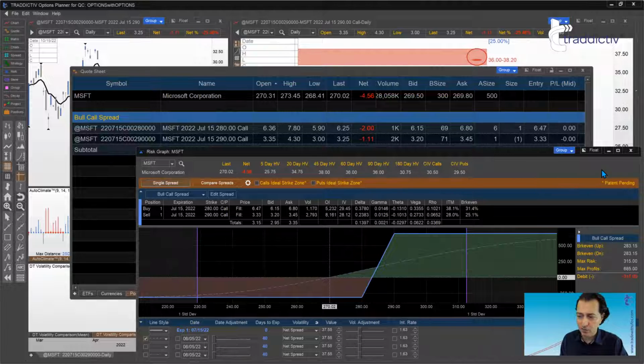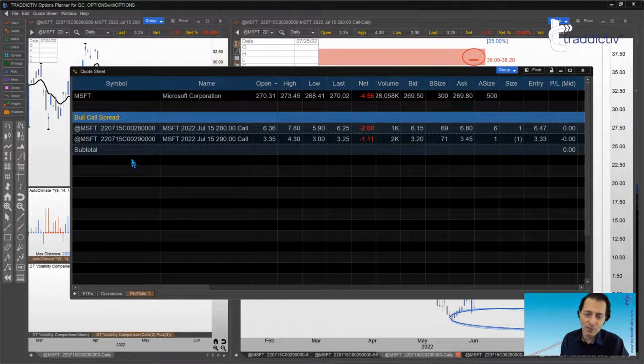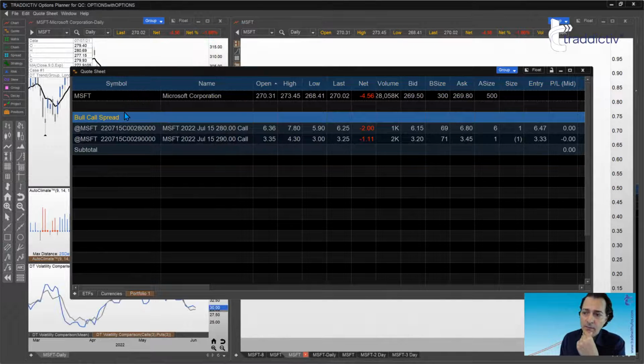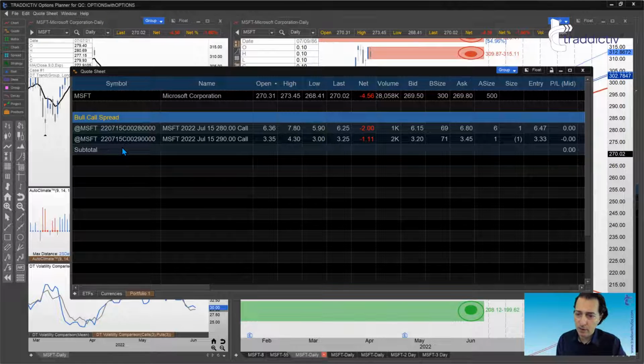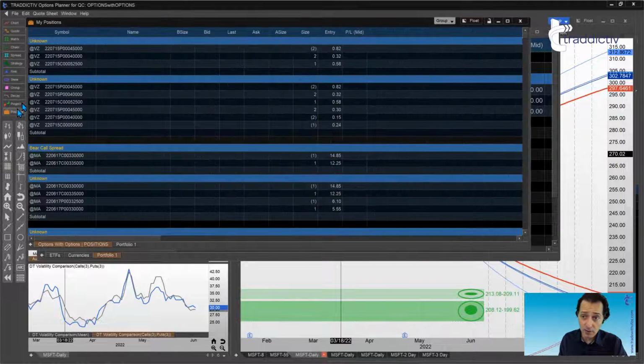So in that sense, that functionality is there for a reason. It makes lots of sense to be there, but it's probably much more useful when you are using the quote sheet window for options purposes versus when you use the underlying symbol itself. Very good. So now, before I comment on something important, let me bring in the positions window,